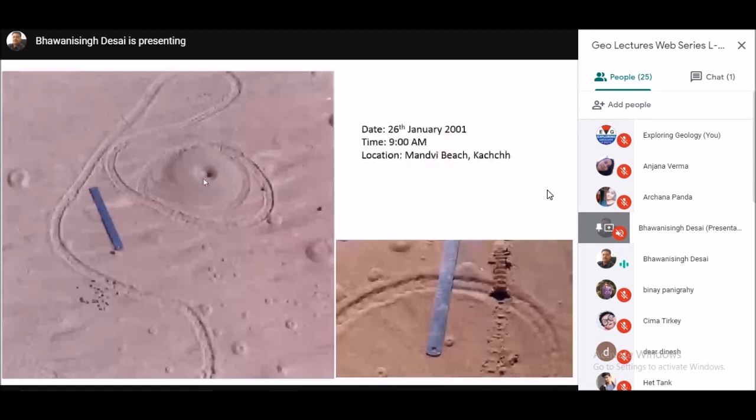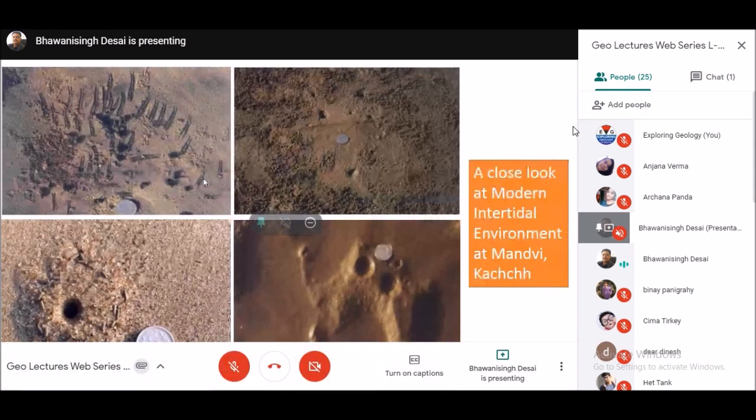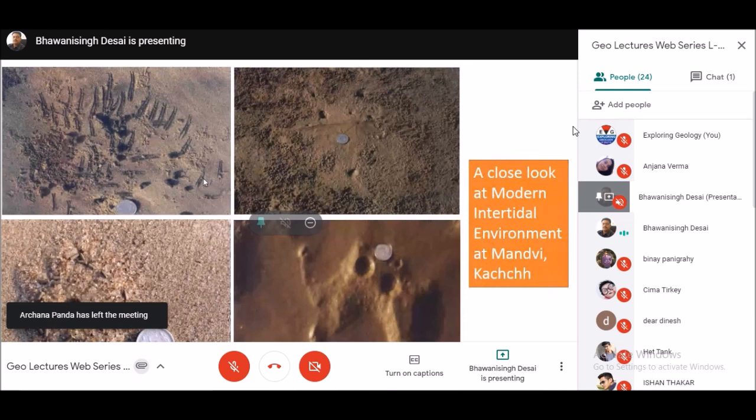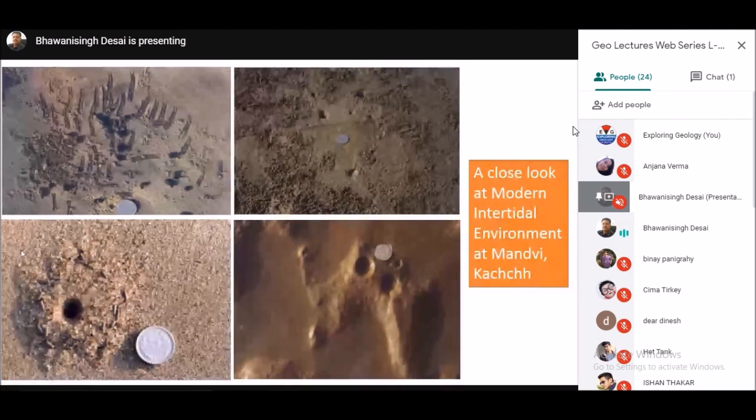Now, when you take a very close-up look at a modern sea beach or an intertidal zone, what we see are these kinds of small pellets. Now, these small pellets, what are they doing? There are a lot of crabs, a lot of animals. What they are doing is disturbing the sedimentary fabric. So they are either rearranging the sedimentary fabric, or they are manipulating it.